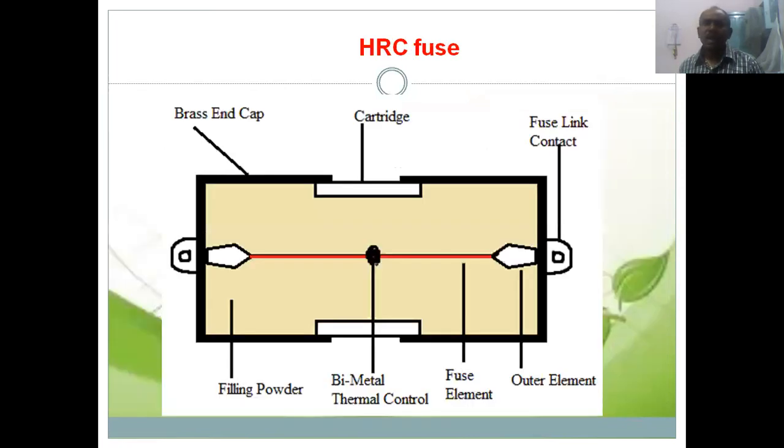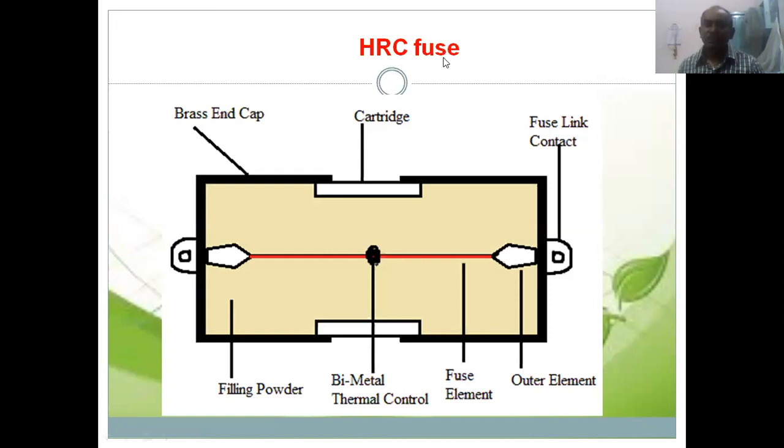Now we can see another family of fuse. Here is another, special type of fuse. In the previous cases, whenever the switch is open, there is a possibility of an arc occurring. That arc may cause a fire. In special industries, such as chemical industries and cotton industries, there is a restriction on fire. At that condition, instead of a gate cut fuse, an open wire or rewirable fuse, we can use a special type of fuse known as a high rupturing capacity fuse.